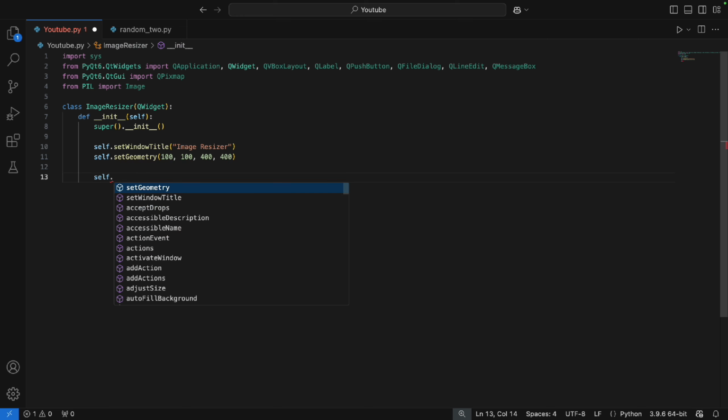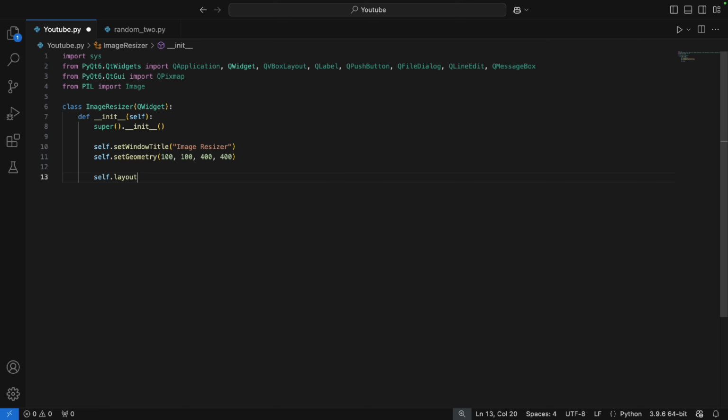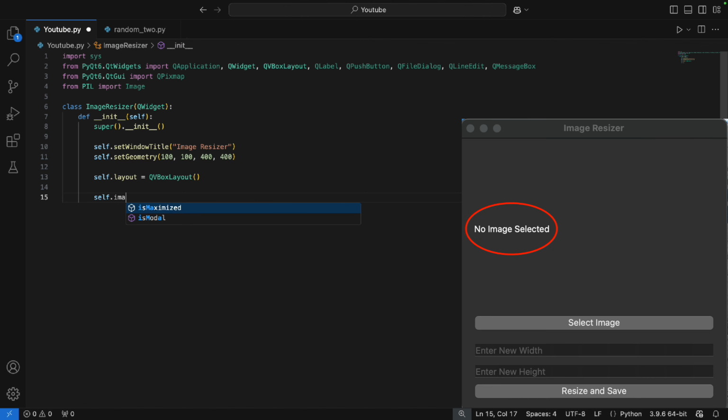After that, we can set up a default layer. So we can say self.layer is equal to QVBoxLayer. And then we want to show that image preview. If the image is not selected yet, we want to say no image selected. So I'll say self.image_label, and then I'll say QLabel is QLabel, and I'll say no image selected,